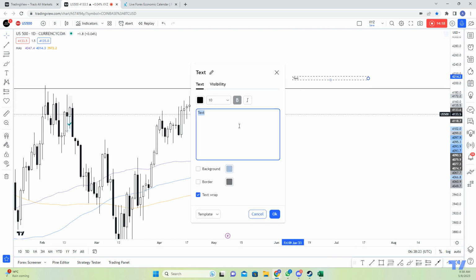So I'll write them down. NFP, strong numbers across the report. Now, market is pricing in a soft landing, right? So we're not thinking of a recession anymore. Now, we're not thinking of a recession. So now we